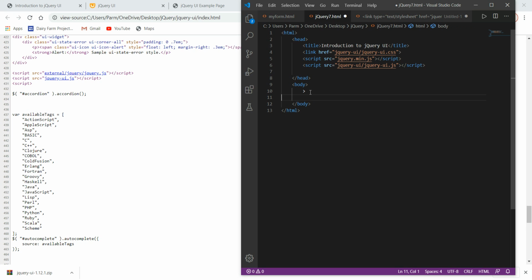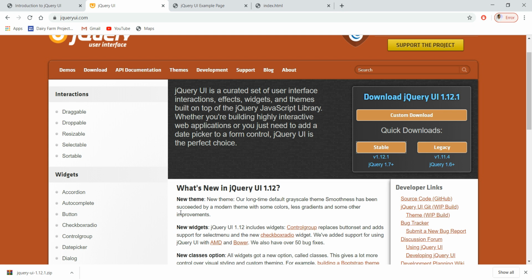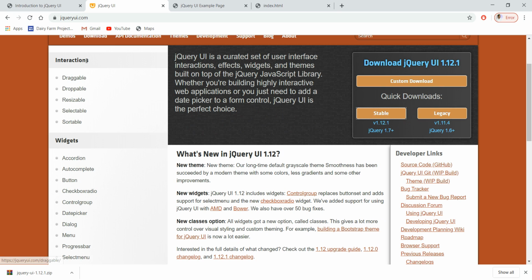So these three files need to be included in my case to use this in my local page.